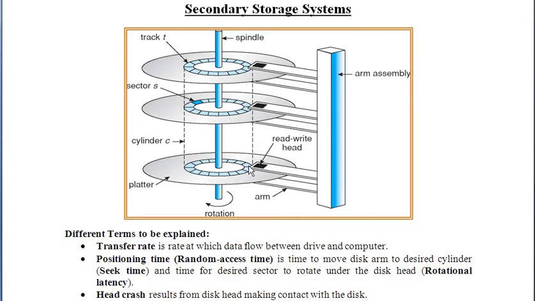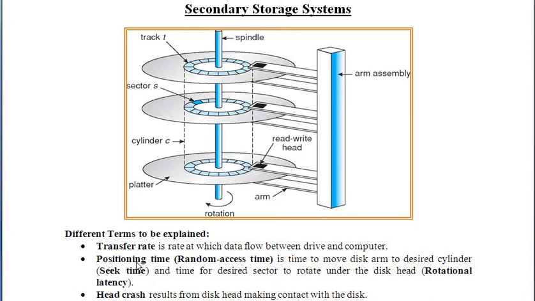Because I request a data reading, the time taken from the request made by the user to bring that particular information to the user is what we call the transfer rate. It is the rate at which data flows between the drive and the computer, because usually the user is not in direct contact with secondary storage. He will ask through the CPU and main memory, and that has to be brought in and he will use it. So the transfer time is the time it takes to bring information from secondary memory to the main memory, whatever information is being asked.